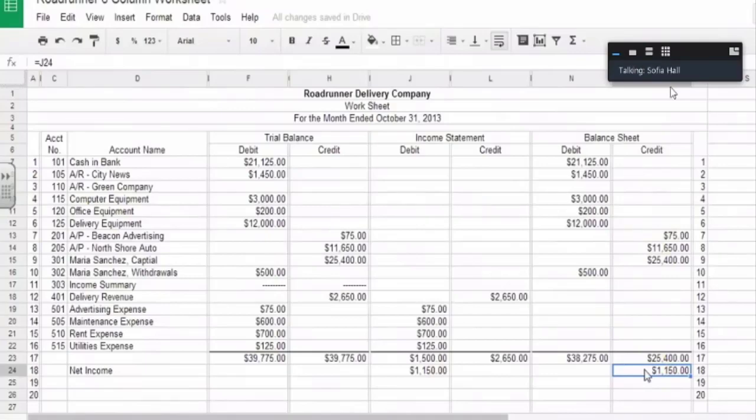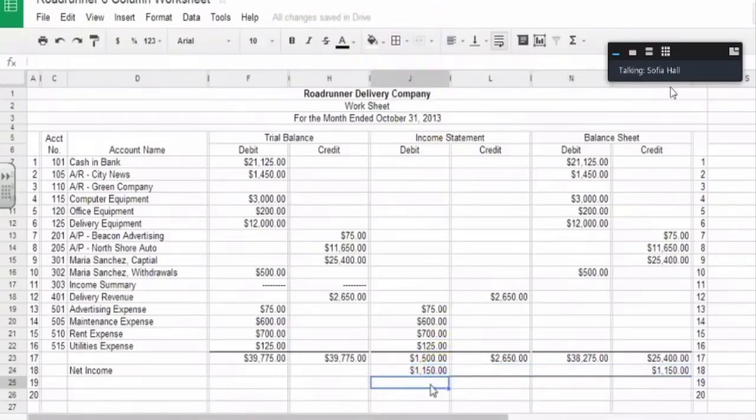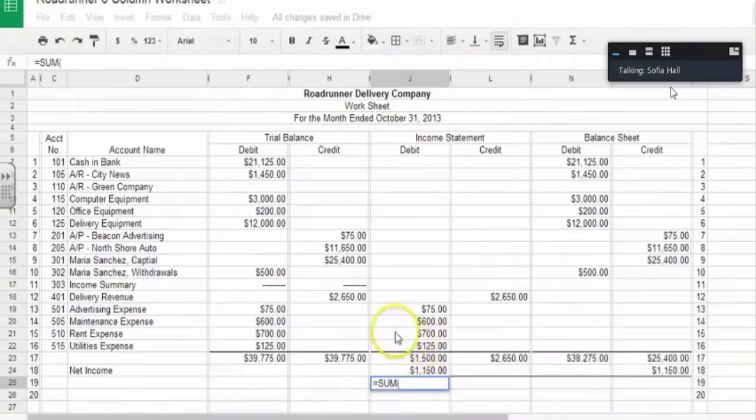Now, all we need to do now is double check our accuracy and total up our columns, okay? So we're going to add another line below these columns. I'm going to do this up at the top here. And basically, all I'm going to do is total my columns. So here again, I'm going to do equal sign sum. I'm going to grab everything below the line ahead. And I've got 2650. And what do you notice?